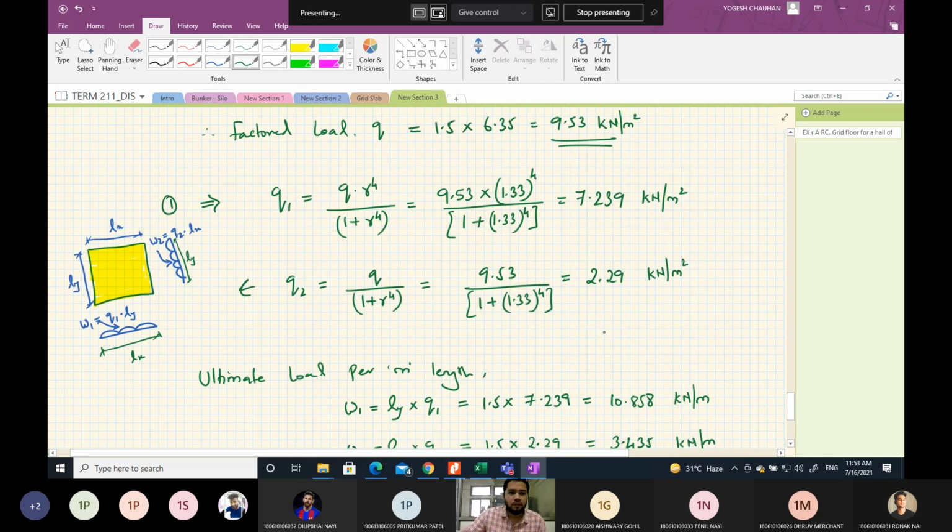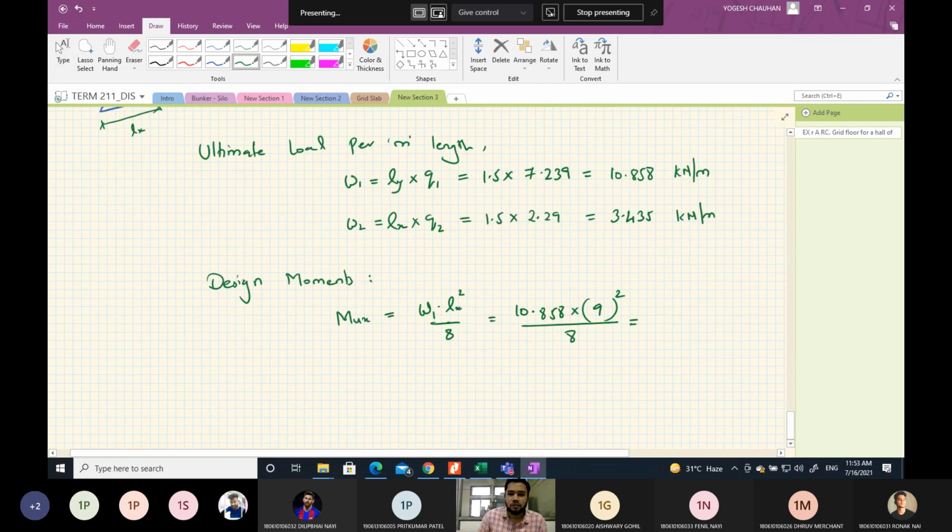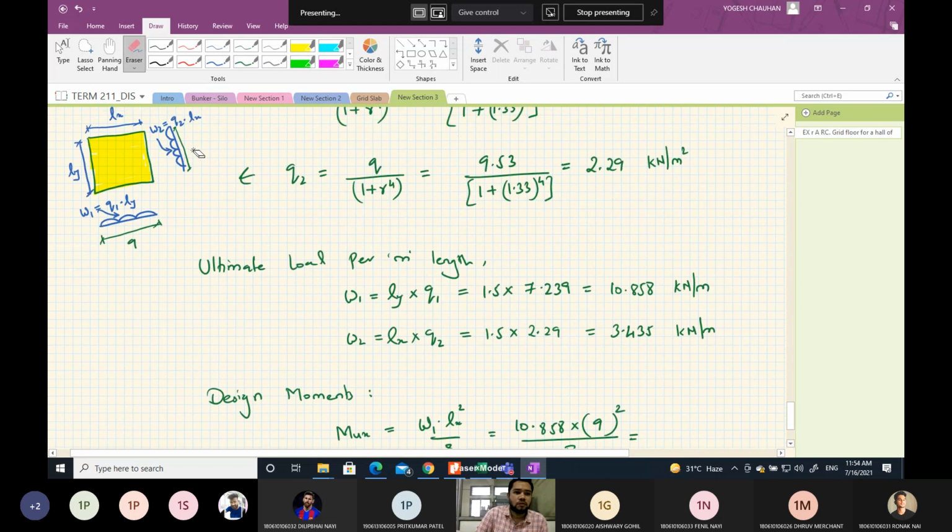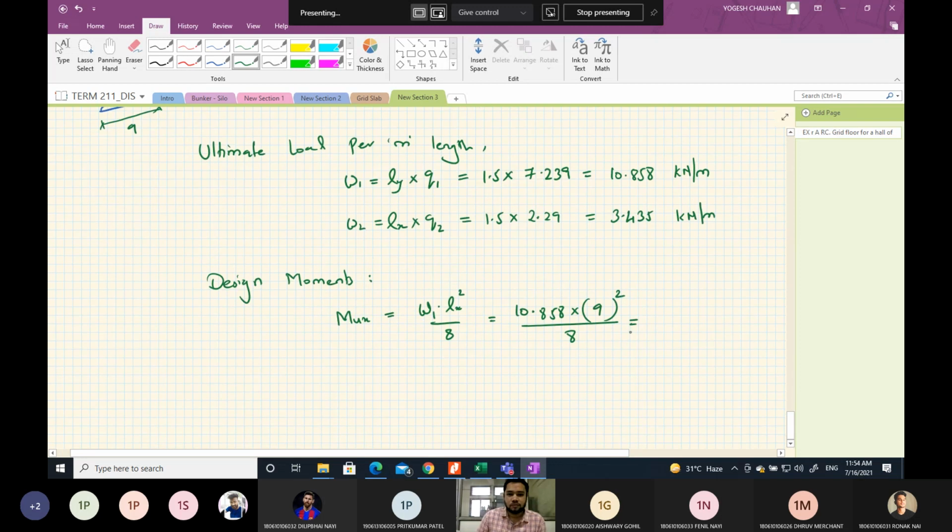Now we are finding for the entire floor area. So this is 9 meter, and this will be 12 meter. For the entire floor area we are finding. So this will be 109.937 kilonewton meter,